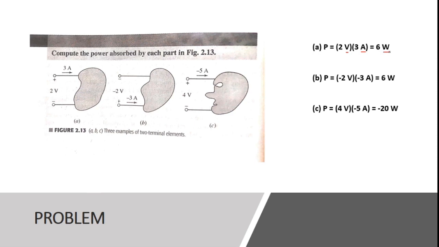If you just write a 6, that does not have any meaning at all. When I write 6 watts, it implies the power of that element is 6 watts. So whenever you do anything, it is mandatory, it is compulsory to mention the unit of a particular number. Just writing a number has no value at all. You will not be given marks in any case.